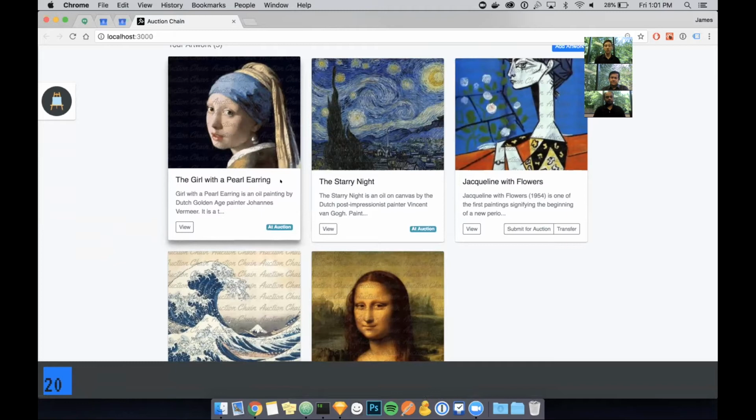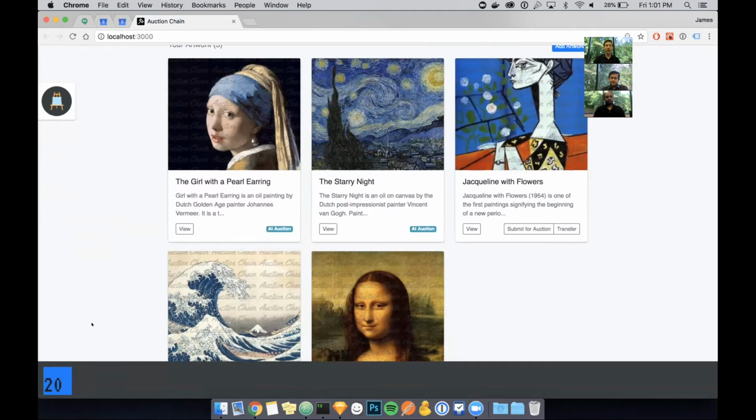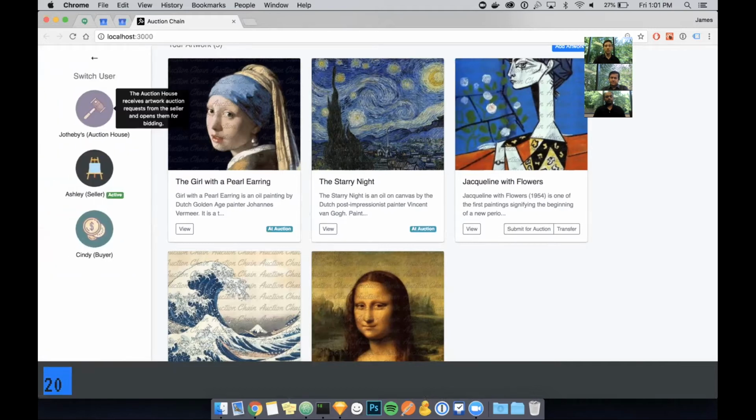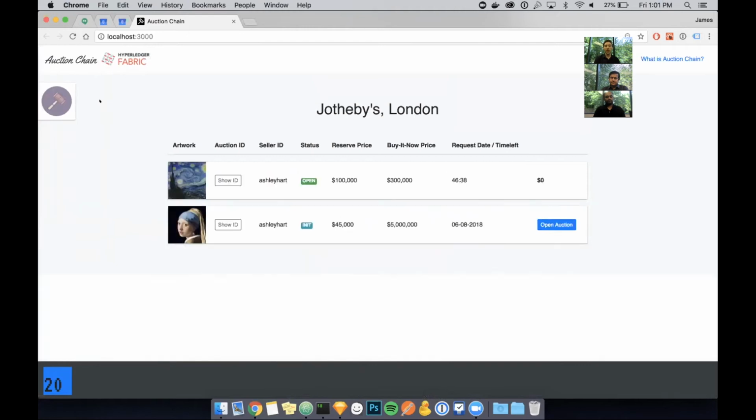Before I do that though, you might have noticed a block fly in at the bottom of the screen. Now what that actually shows is a kind of look into the blockchain itself. And every time a transaction is made, you'll see more and more blocks appear at the bottom. You can see a block ID if you hover over it, the transaction ID, a timestamp, and who created that block on the blockchain.